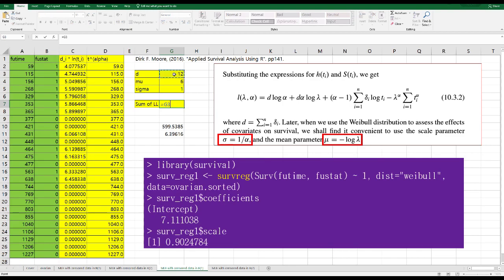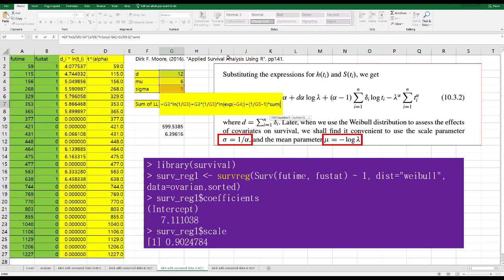So d times log of alpha, where alpha equals 1 over sigma, and plus d times 1 over sigma times log of lambda, so exponential of negative mu, and plus 1 over sigma minus 1 and times